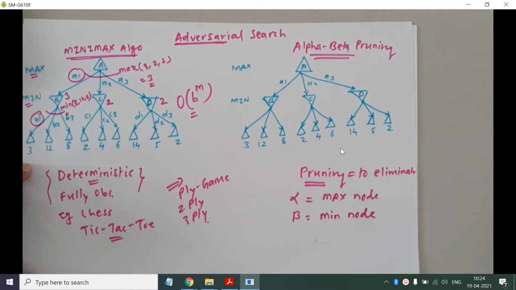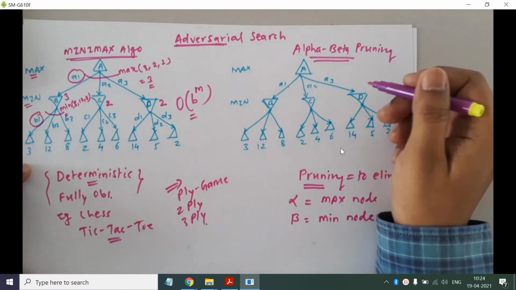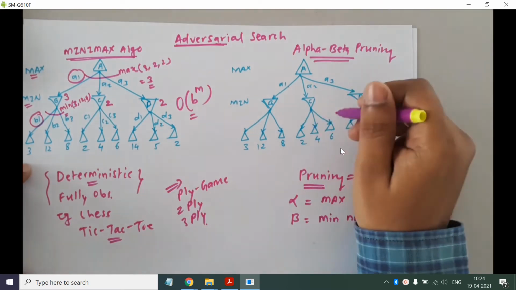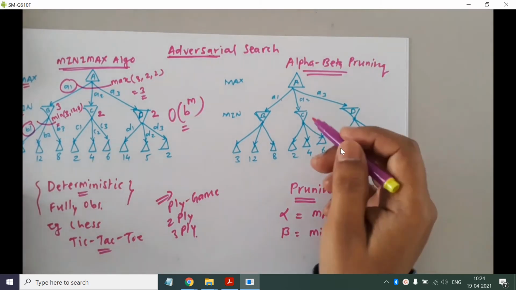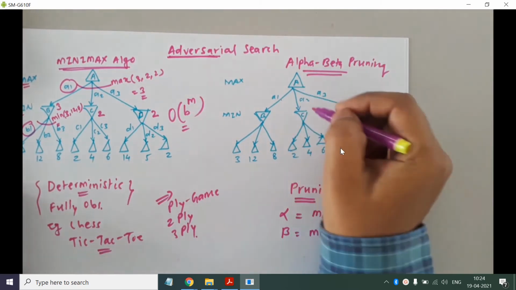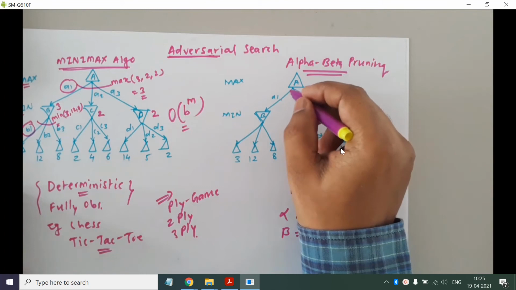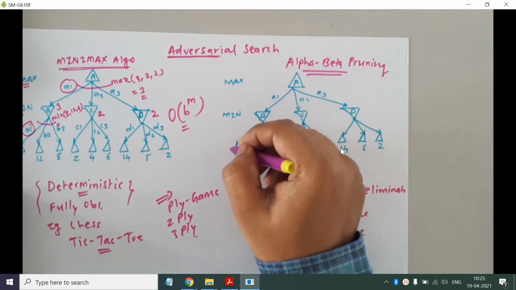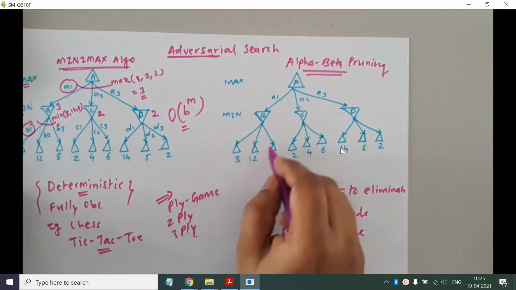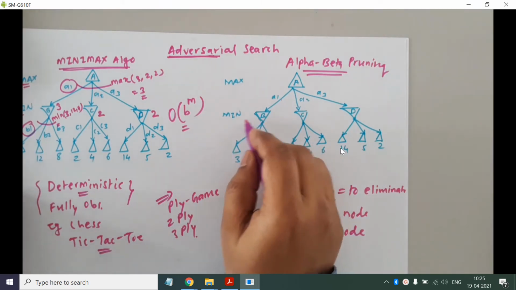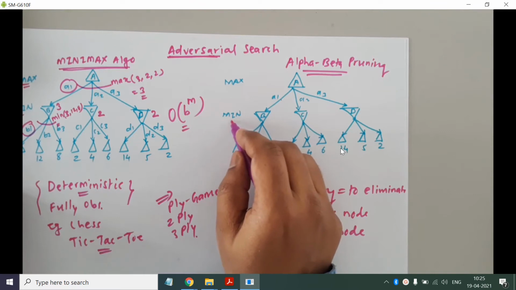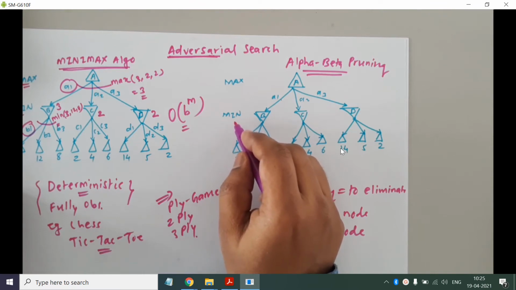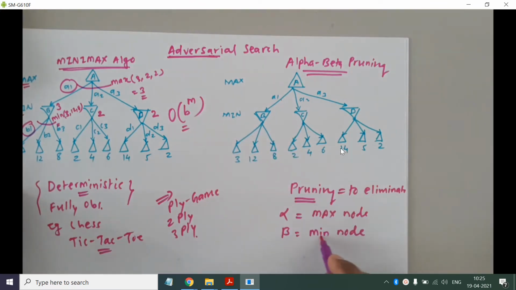Okay, so let us apply alpha beta pruning, and we will see which nodes will be eliminated in this example. Again, we have to traverse in DFS fashion, so we will go to this depth, as these are the leaf nodes. We will be updating the alpha or beta value of this node. As this is a min node, we will be updating its beta value.